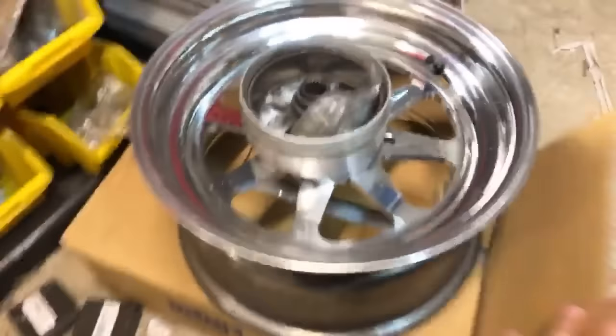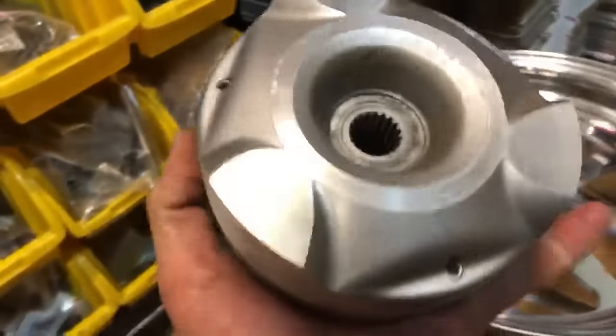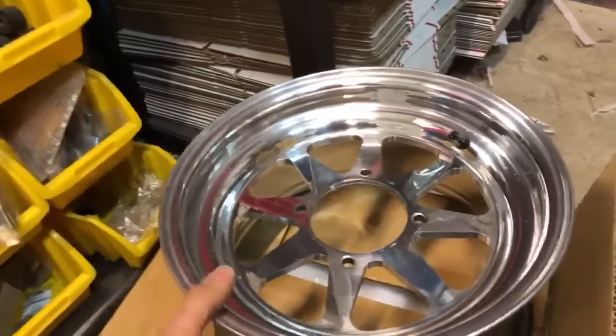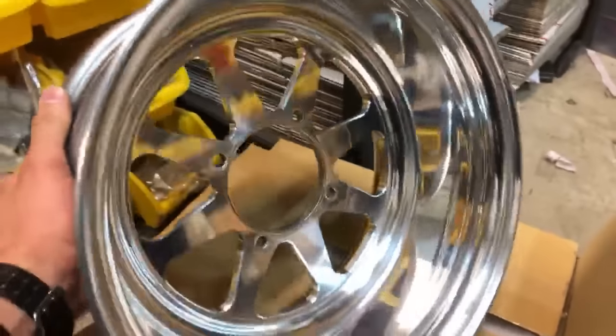Another little project for a good customer, Matt Conrad. We took a Kimco ZX50 wheel and turned it down into a hub, and then he's got a machine wheel from Casey Jacks. I don't know how he's gonna do this, but this thing would just be a monster on